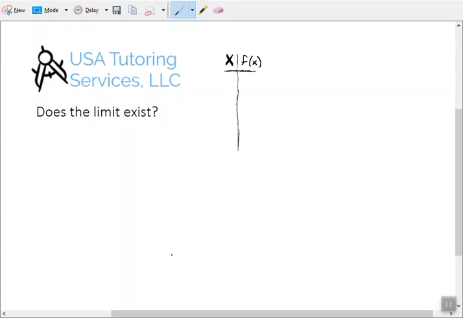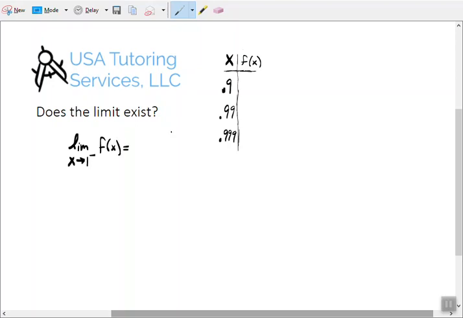So this time it says, does the limit exist? And we have x values and y values. So let's assume that the x values, so that looks like to me, it says 0.9, 0.99, 0.999. So that's getting closer and closer to 1 from the left. So the way we write that is we write the limit as x approaches 1 from the left of this function